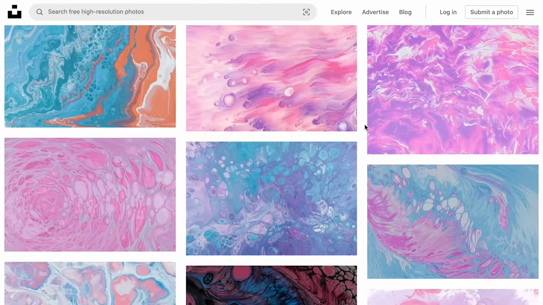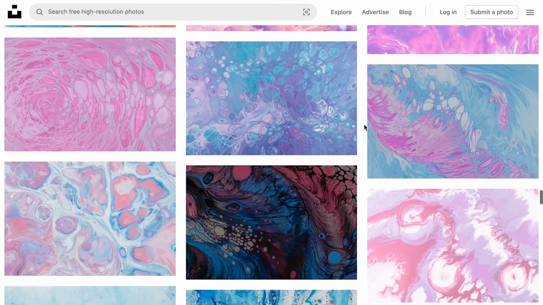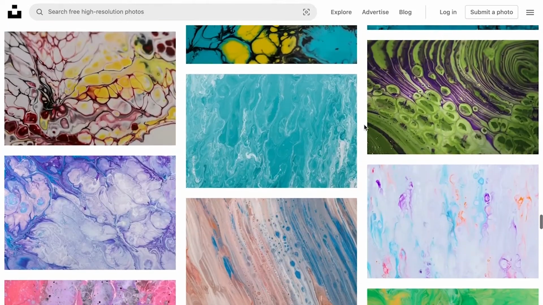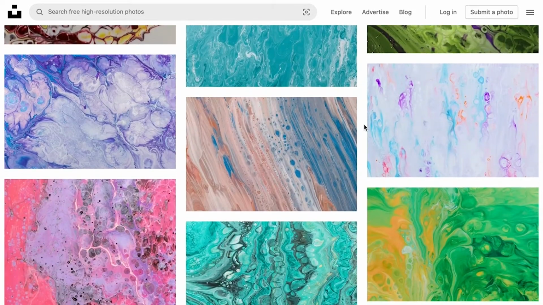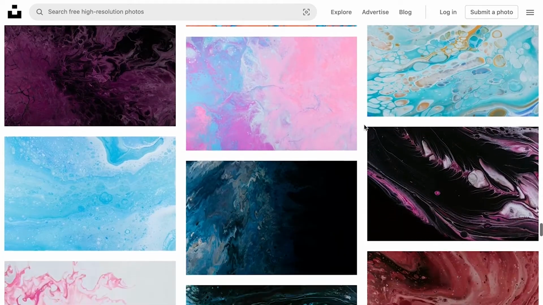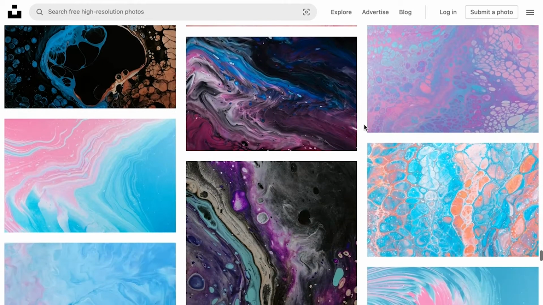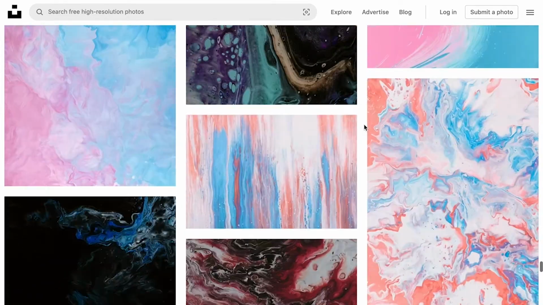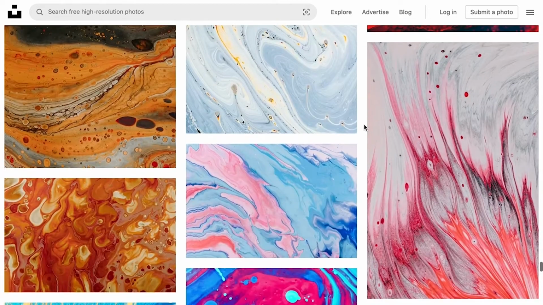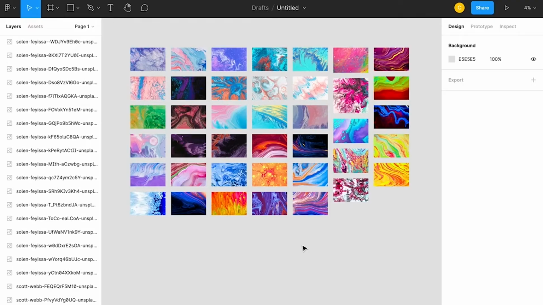So here we go. To start, I'm choosing the reference images that I will use. I'm using the website Unsplash to find some beautiful free images. I'll put the photographers' names in the description for the selected images. I decided to go for some abstract images, and I love the oil and paint style photos. I select a bunch of photos which talk to me, and then I import all of these photos into Figma.